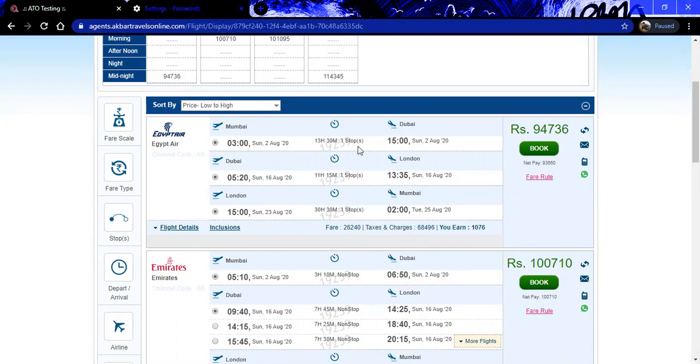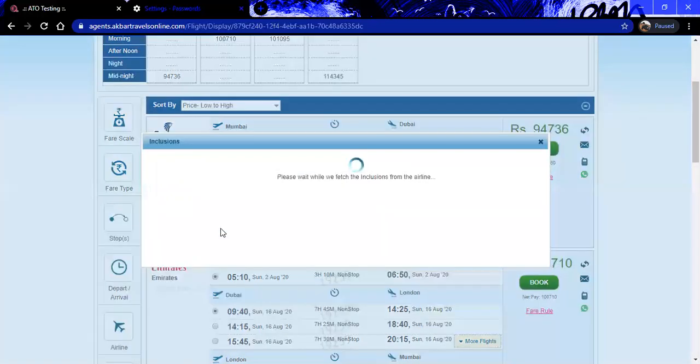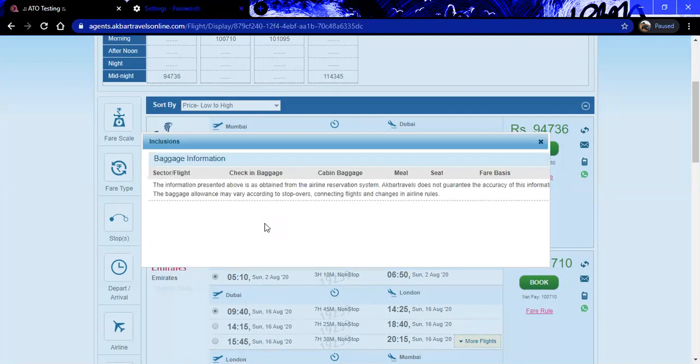So for Bombay Dubai we have a flight at 3 a.m. The duration is also given, with a stopover if it is a stopover flight. If you wish to check the details, we are showing them like this, and inclusions are also there. The detailed inclusions are updated accordingly, showing the sector wise inclusions.